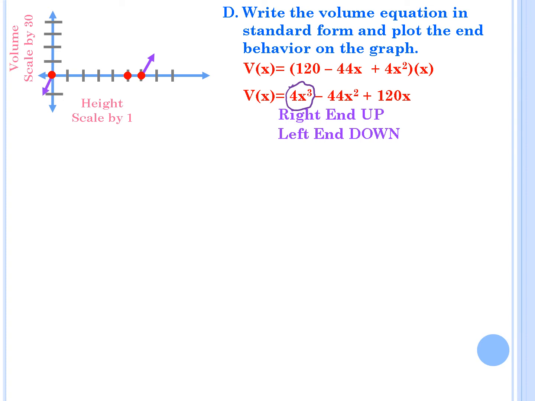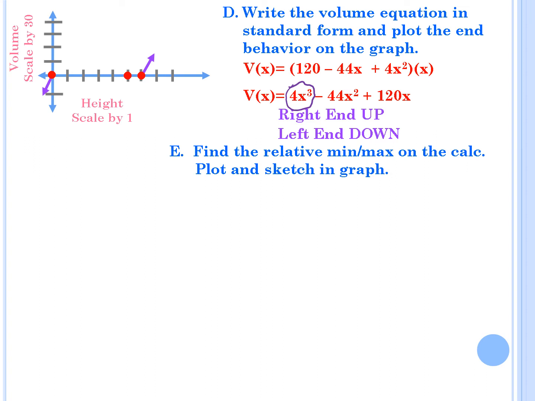Now, step 3 is typically find your y-intercept, but I already have an x-intercept of (0, 0), so that actually is also the y-intercept as well. So now I can move on to finding the relative max and min. Now you can use your TI-84, you can use Desmos, whatever is the easiest for you. So we're going to find that relative max and min, we're going to plot those points, and then we're going to connect the dots. So I find that my relative max is 1.811,